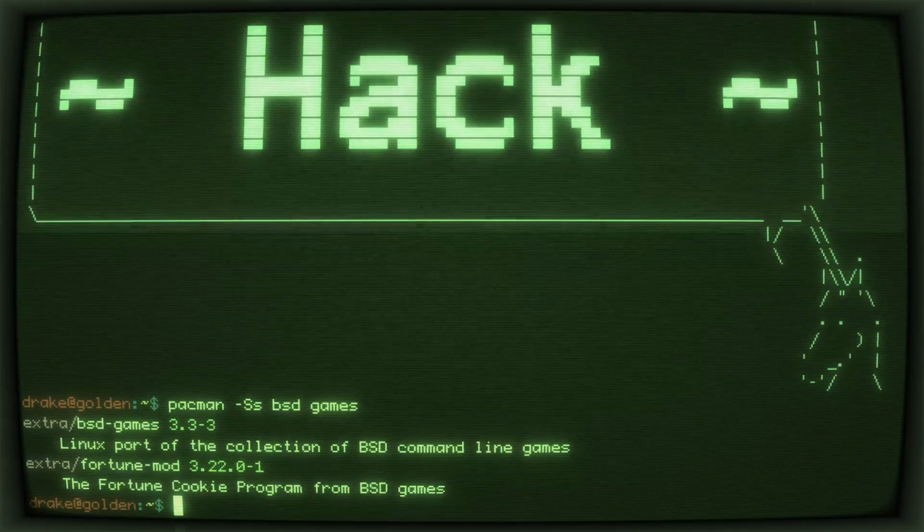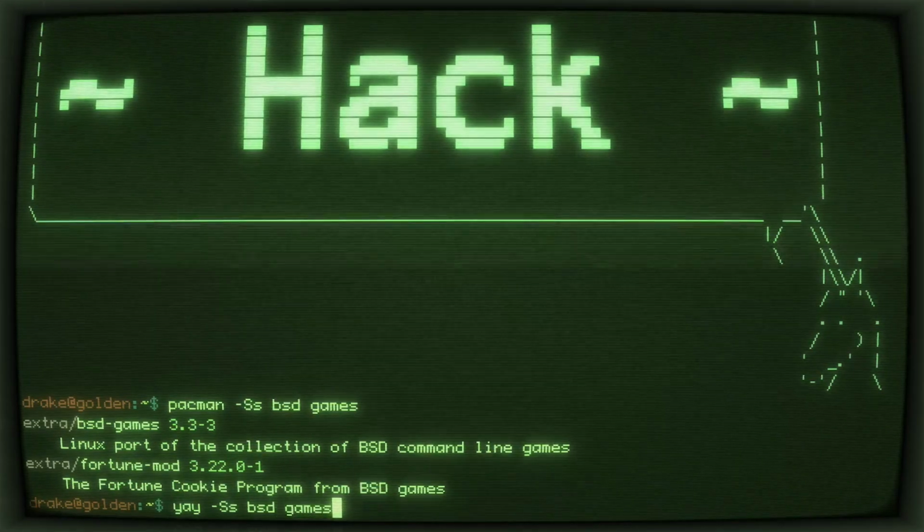Setting all that aside, these games that were made a long time ago are still included in many BSD-based and Linux distributions. However, there is a set of those BSD games that are sometimes referred to as a junk pile that are not always included in collections of BSD games, and that is the case for Arch Linux, so we will have to extend our search to the AUR, the Arch User Repository.